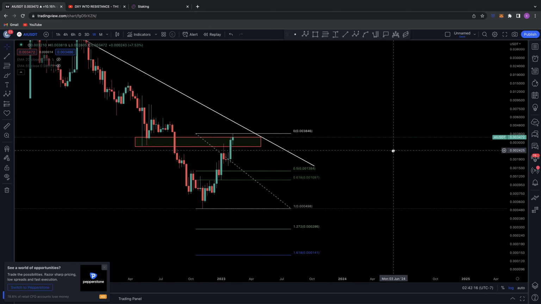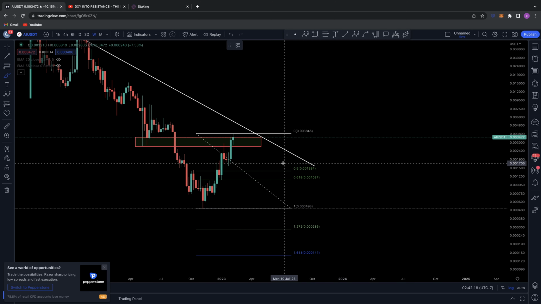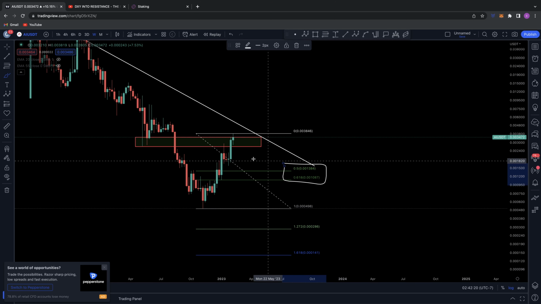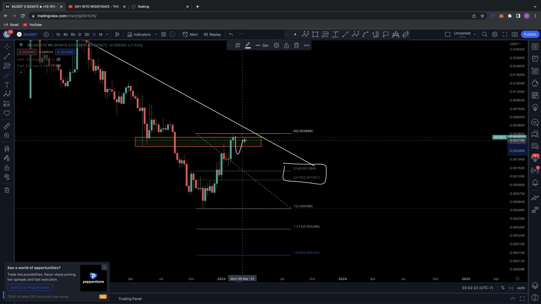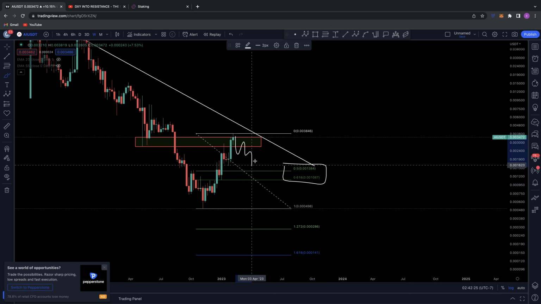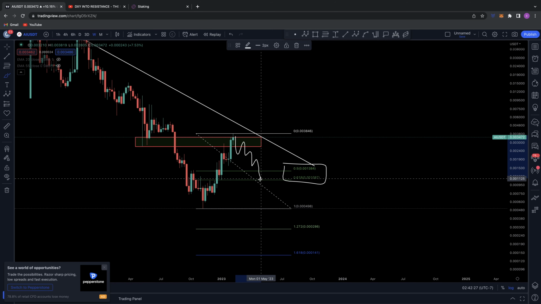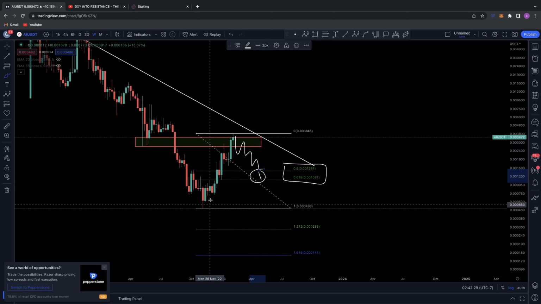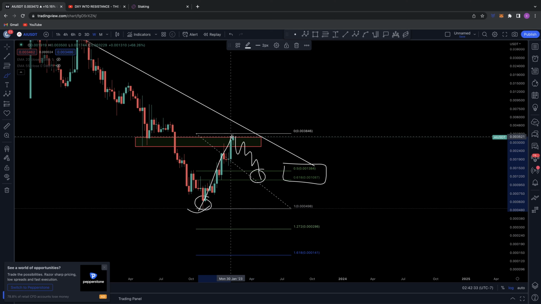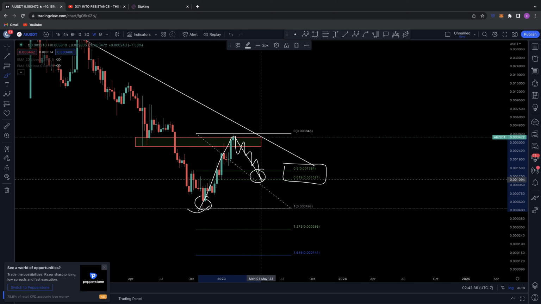Well, straight off the back, you can see here the 0.5 and the 0.618, so this golden pocket. I always say in most of my videos, when you start to come down and turn things into resistance and start losing the trend that you're in, potentially these are the areas that you want to look for support, because you'd have a low right here that you put in in September. You've created an impulsive wave 1. If you come back for a wave 2 here to this golden area of support,